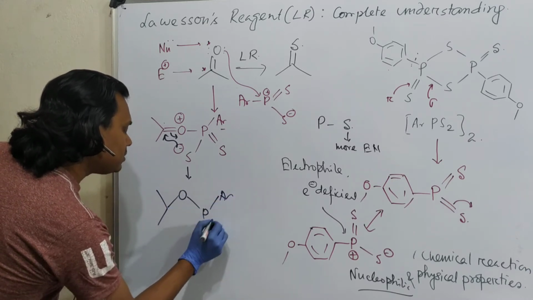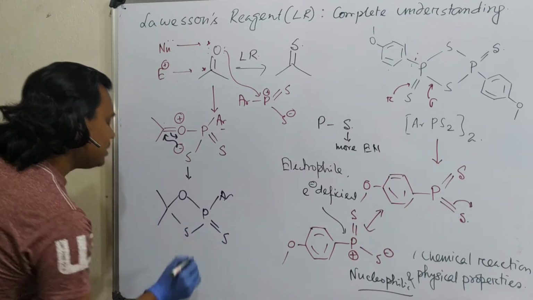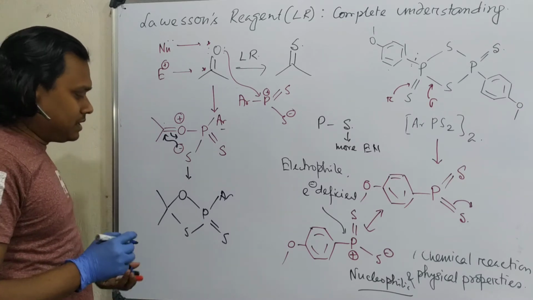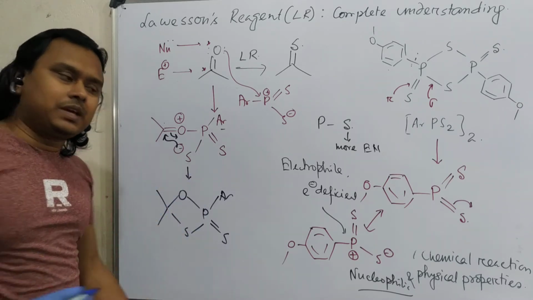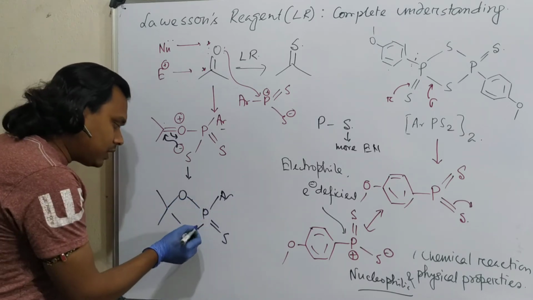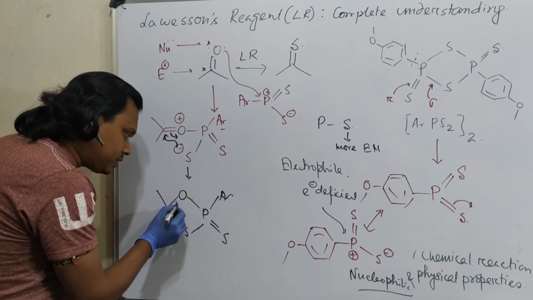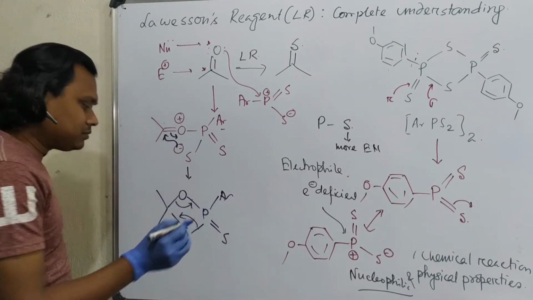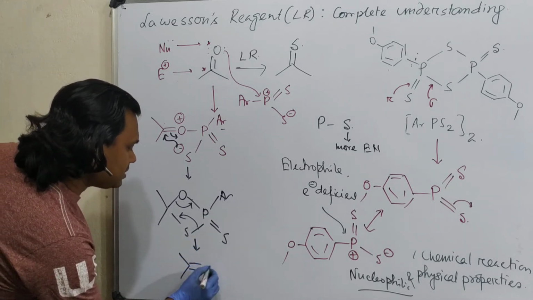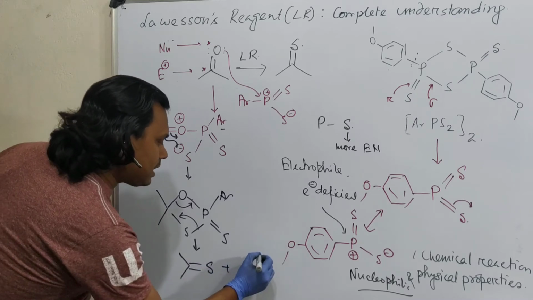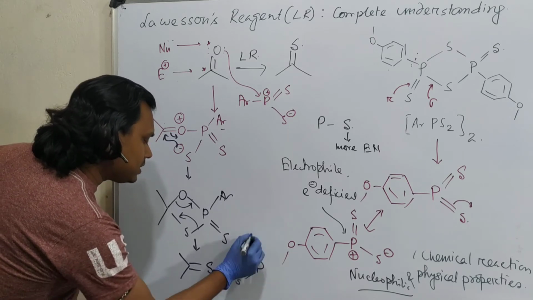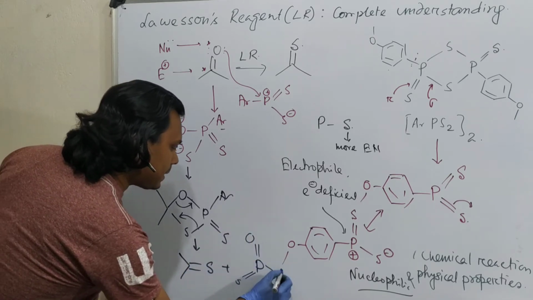This is Ar, this is S. Now, as I told, the phosphorus-oxygen bond is very strong. So what can you expect? That they will undergo some kind of breaking. This bond is not that strong, whereas this bond is very strong. So what will happen? It will come here. In this case, what will it result in? It will result in C double bond S plus Ar phosphorus oxygen. This is the sulfur, this is oxygen, double bond here.